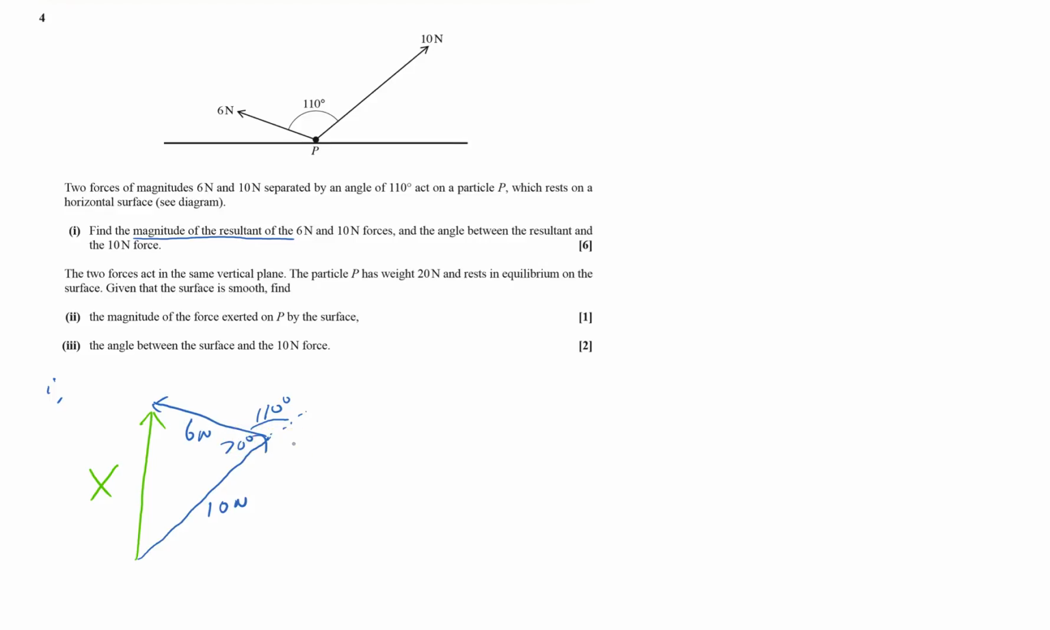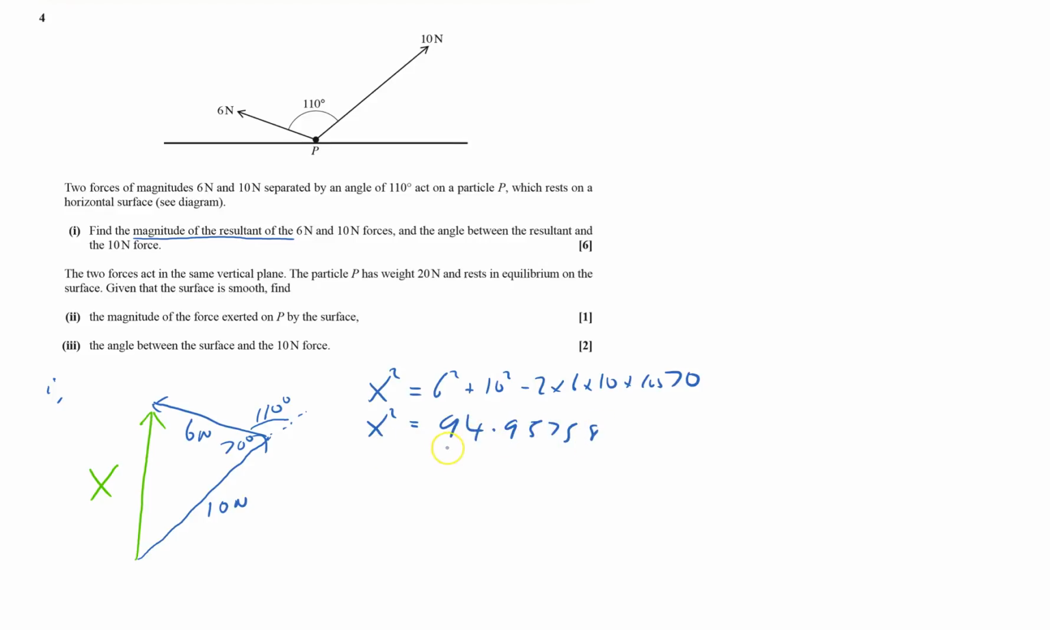And now it's dead easy to find out what I've got to get, because it's going to be the cosine rule. So the magnitude, so I've got x squared equals 6 squared plus 10 squared minus 2 times 6 times 10 times by cos of 70. Make sure my calculator is set properly. Write down x squared, which equals